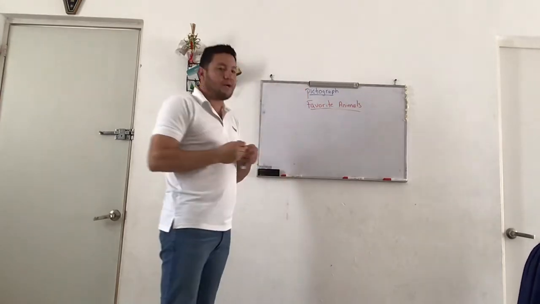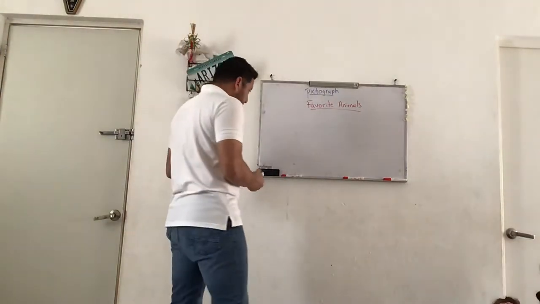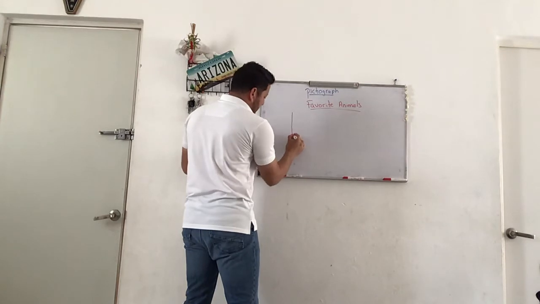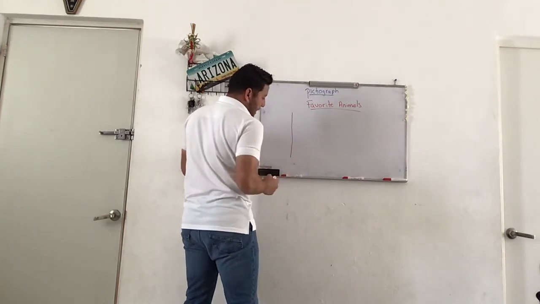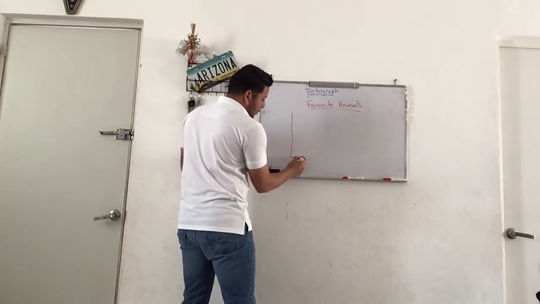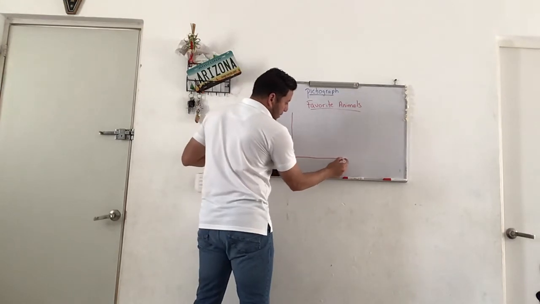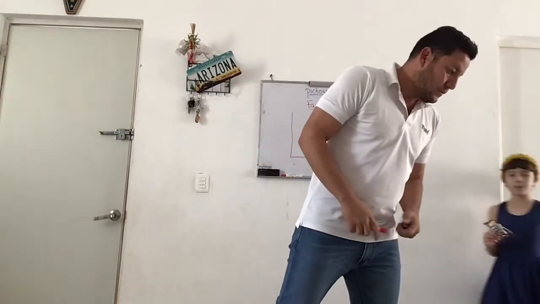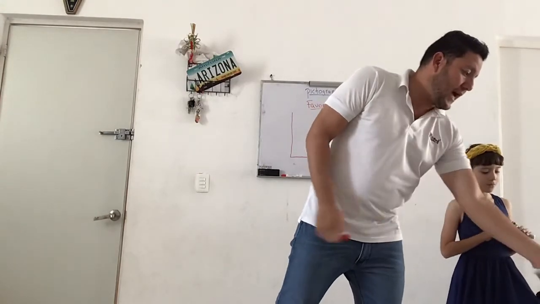Favorite animals. We're going to make a picture graph about favorite animals. Okay? And let's do our scale. We make a line here. Okay? And we do our survey here. Okay? What is our survey? We're going to be talking about animals,